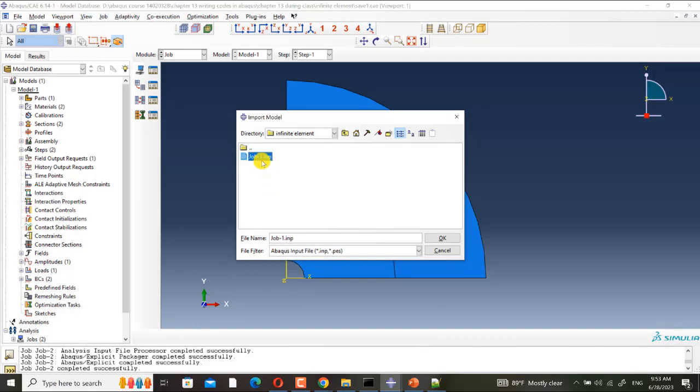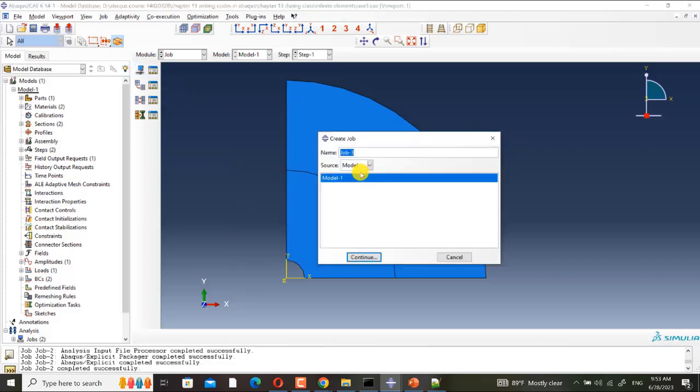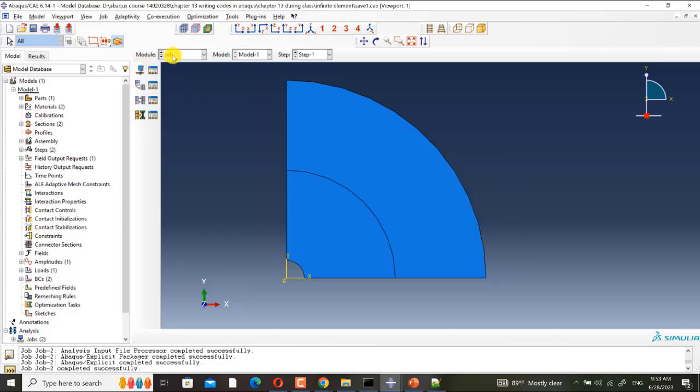You must not import the IMP file. This is wrong. Some people import the IMP file and then create a job from it. This is wrong. You must create a job and change the source to input file. Okay? It's important.